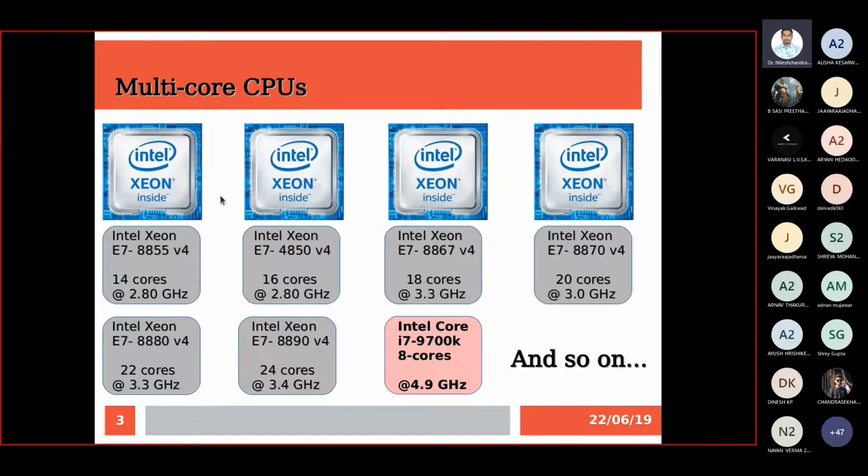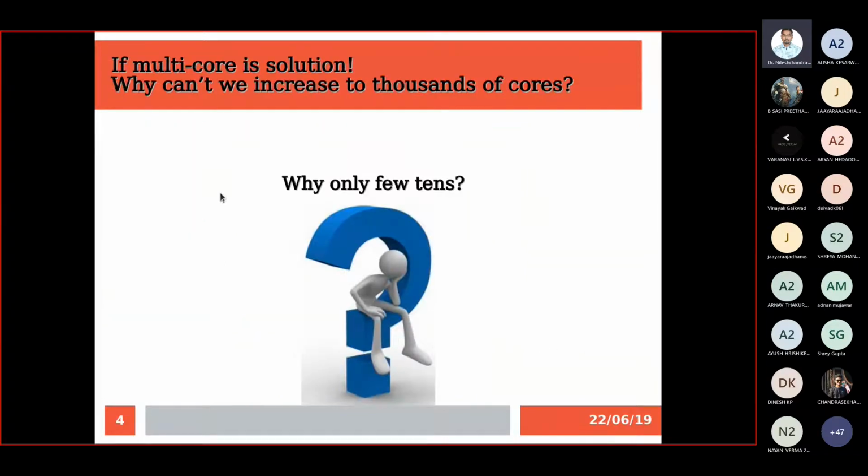Now the question is, if we can put multiple cores, what will be the limit? Why are we limiting ourselves to only a few tens or maybe 100 cores? Nowadays you can expect a CPU processor with maybe around 100 CPU cores, but still we are not able to go beyond that number.